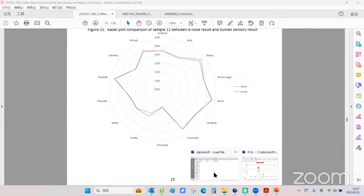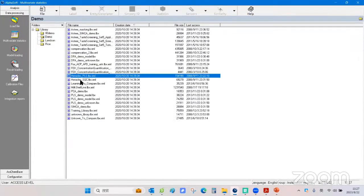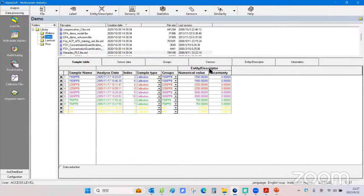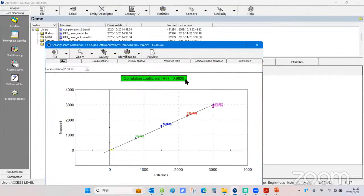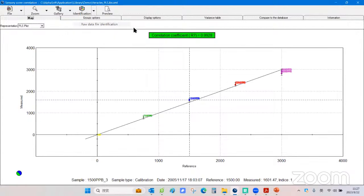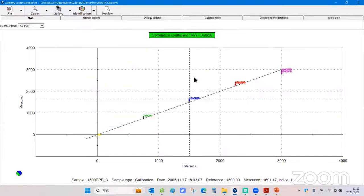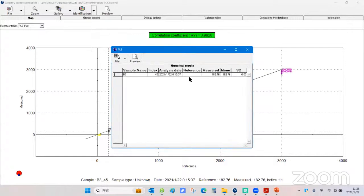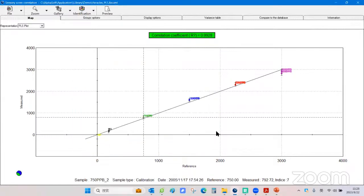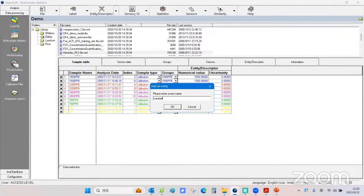So if you want to know the process, it's not complicated. For example, with this PRS, we can see there is an entity or descriptor with scores, right? With scores, and then here we can click this sensory score correlation. This one is the PRS model, and then we can identify the raw data. For example, you select one raw data. I just select a random one. So here we can see the score, the mean value. So this is the sensory score, and also here we can add different descriptors, like caramel,